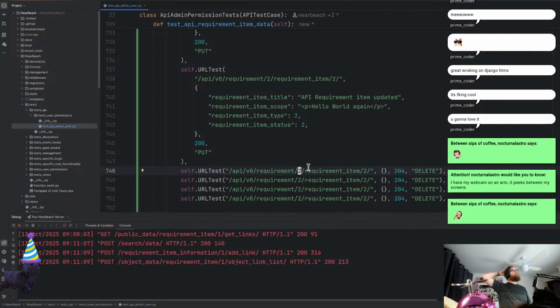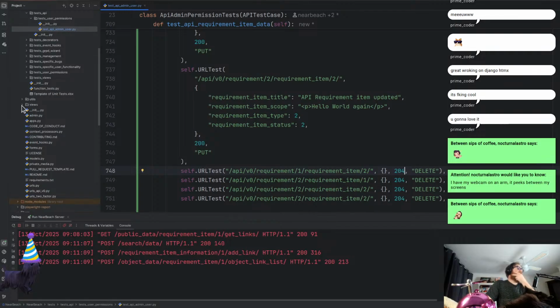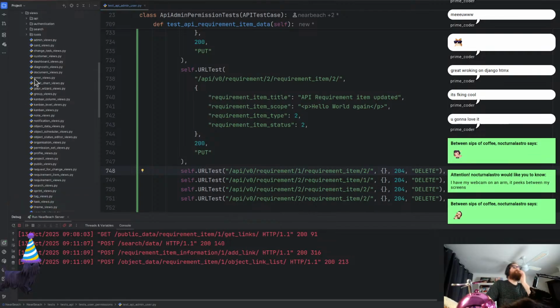And this is going to be that case where we have to test the fails first before we actually delete the data. So I'm trying to remember the fail code, and I'm going to have to actually look at the API itself. So going under views,